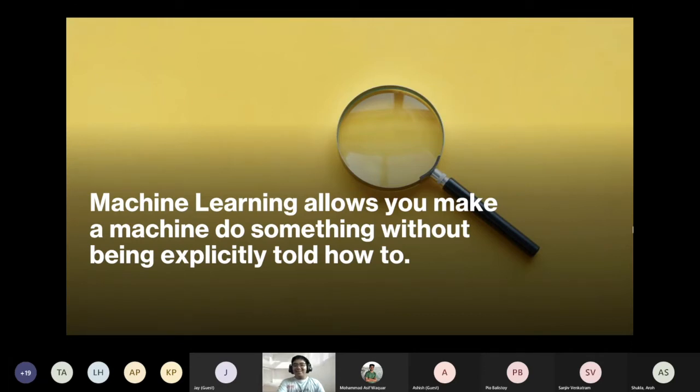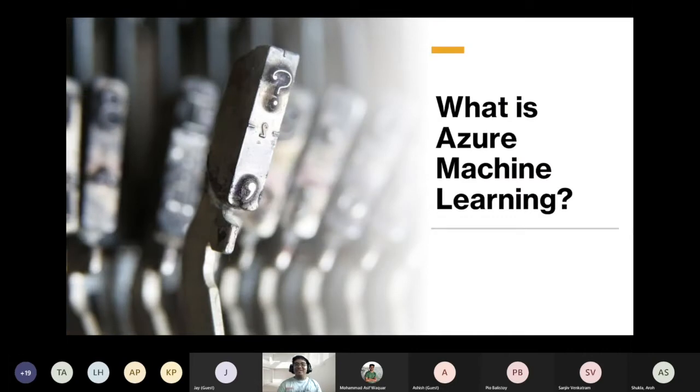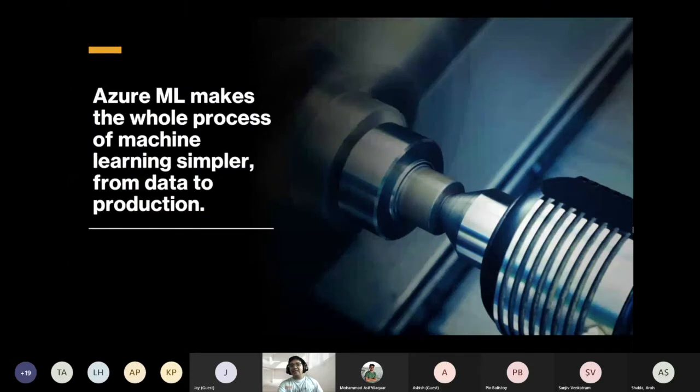All right. Next, combining the two words, what is Azure machine learning? In a sense, Azure ML is Microsoft's premier solution if you want to build custom models.